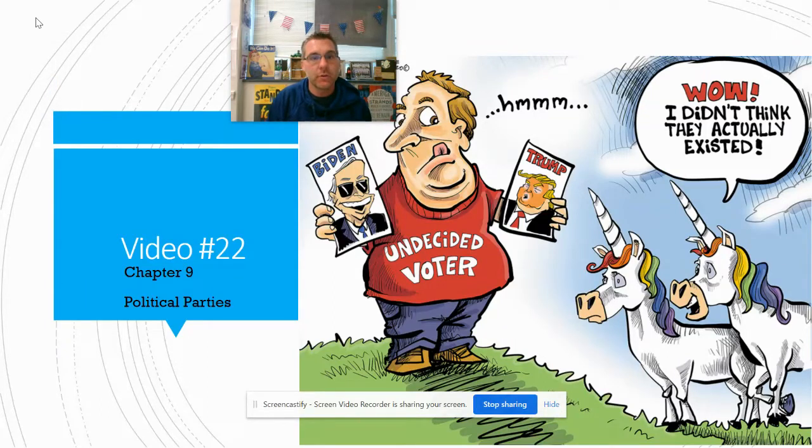We are going to start Unit 3 in these next couple videos, and that's going to be Chapter 9 and Chapter 10 for us. Think of Unit 3 as being linkage institutions, things that connect you to government. I know we cover the media, and that's definitely a linkage institution, so our elections. So to extend off of that, to kind of show you our pluralism and our First Amendment freedoms, we have political parties and we have interest groups and a number of other organizations that you can give money to influence elections, if you will. So that's what we're going to look at with Chapter 9 and Chapter 10 for week